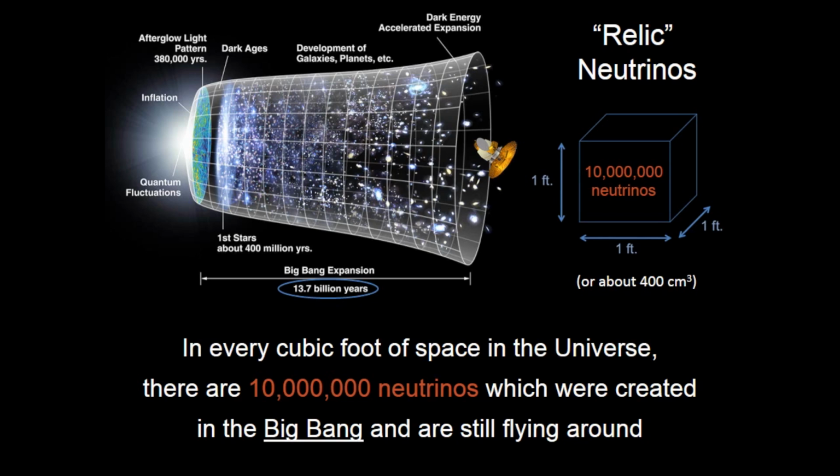And we can calculate how many we would expect, and we expect about 400 per cubic centimeter, or something like 10 million per cubic foot, right? And that's everywhere, right? That's in this cubic foot. That's in the cubic foot that I'm currently living in, maybe a few cubic feet, right? This number of neutrinos that are 13.7 billion years old in every cubic foot of space around the universe on average. All right? Many other things that were created in this moment, of course, have changed their form dramatically, have been assembled into stars or absorbed or whatever, but the neutrinos are still there.